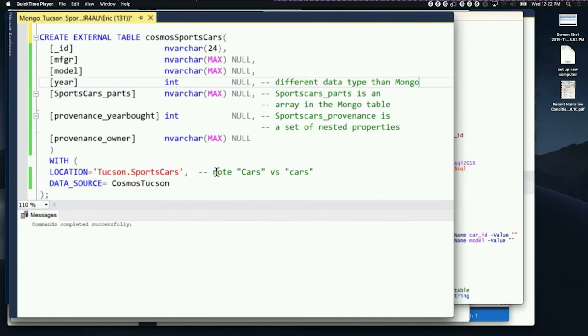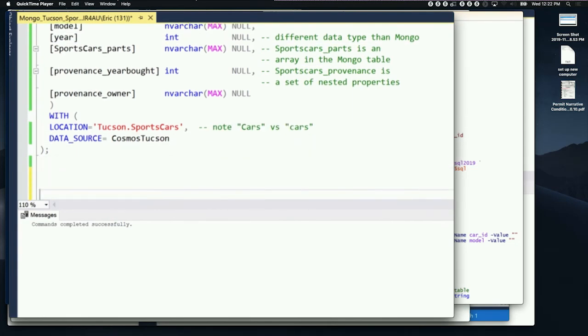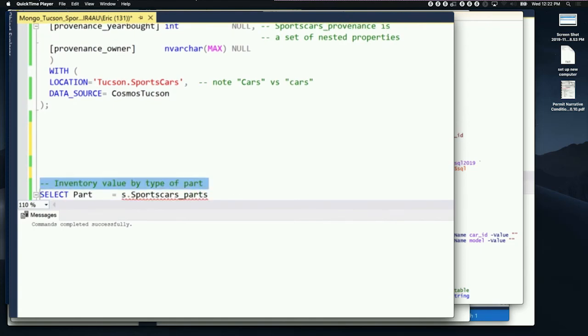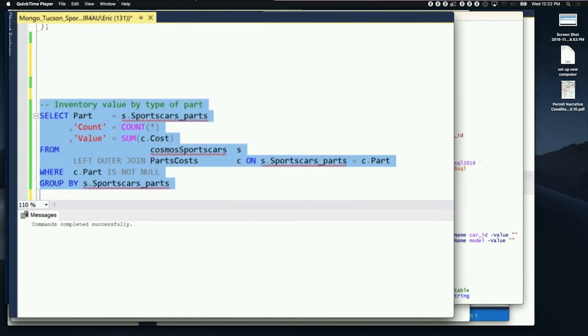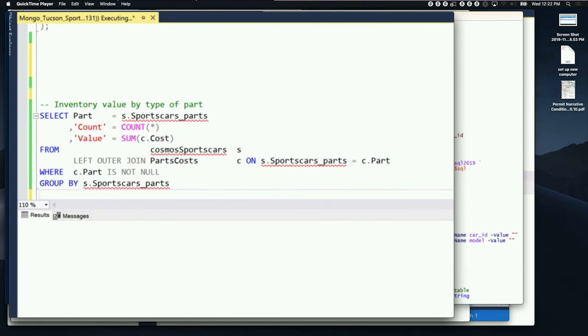And the year was a different data type. Remember in the Mongo, it was a float. Here it's an int. I'm not sure how the whole wire compatible thing plays into it, but again, it takes a little bit longer to get my data back, but it does eventually come back. So you can run this the same; pretty much everything I've told you about connecting to Mongo applies to connecting to Cosmos. So there you go.